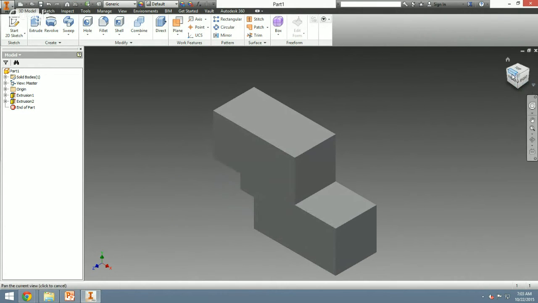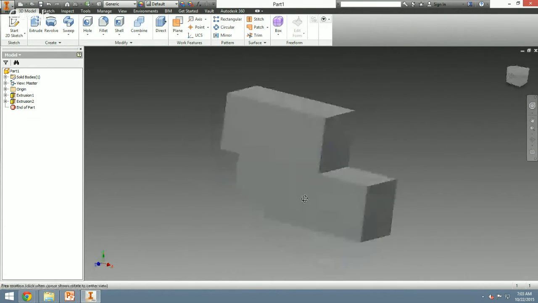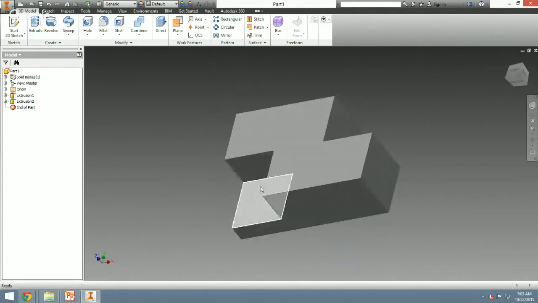Look what that does for us. Let's see if we can get a better view for you. But it cut out that material. That's called subtractive modeling. Sometimes it's easier to cut material out than it is to add more material on. And so a lot